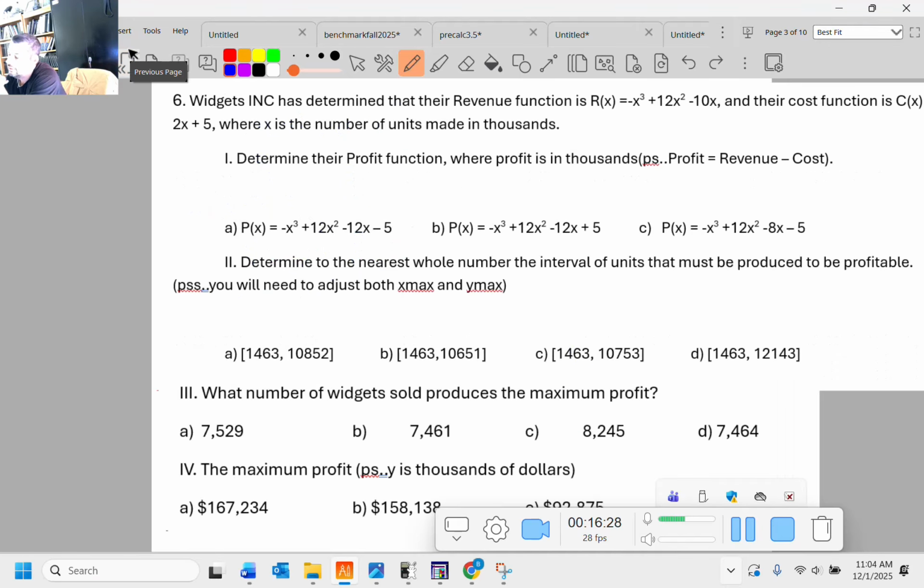Literally. 6, I can't do it backwards. I got to start at 1. And